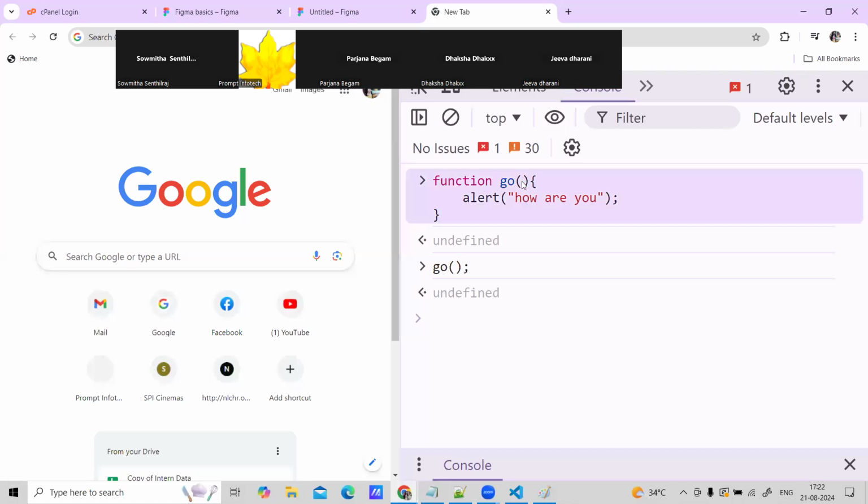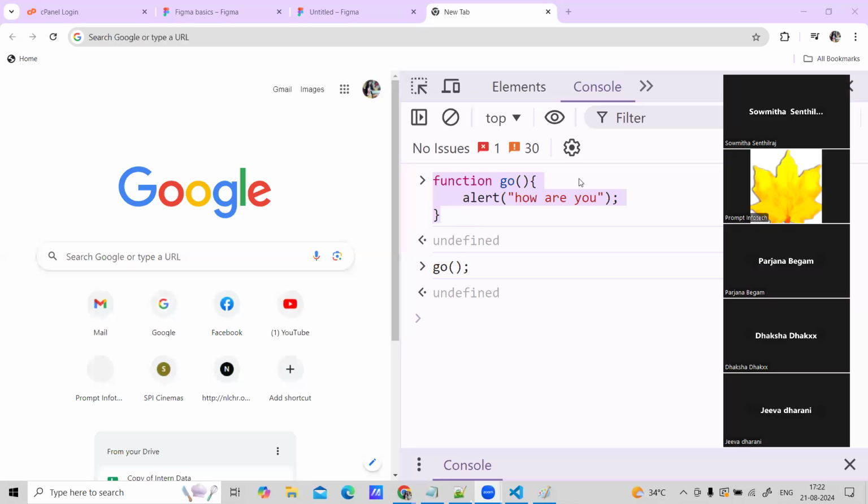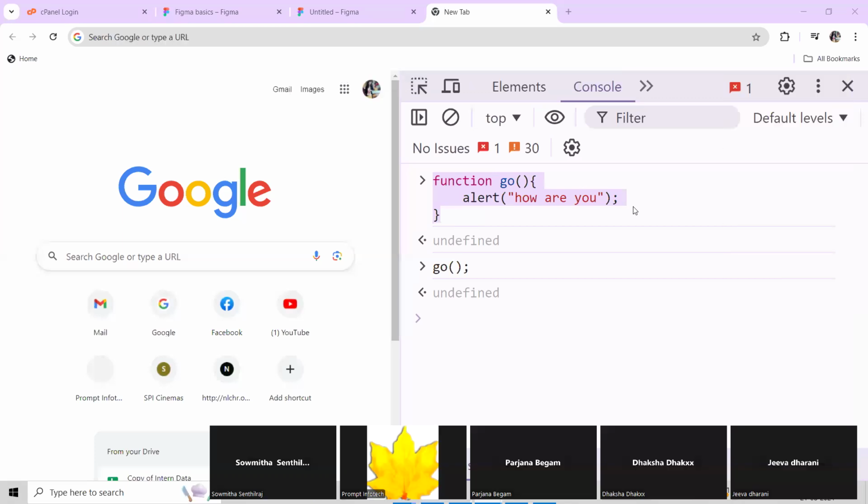Okay. Now in function, this type of function which I've created, what type is this? It is a function without parameter, right? You don't have any parameter inside. Now, if you wanted to create a function with parameter,